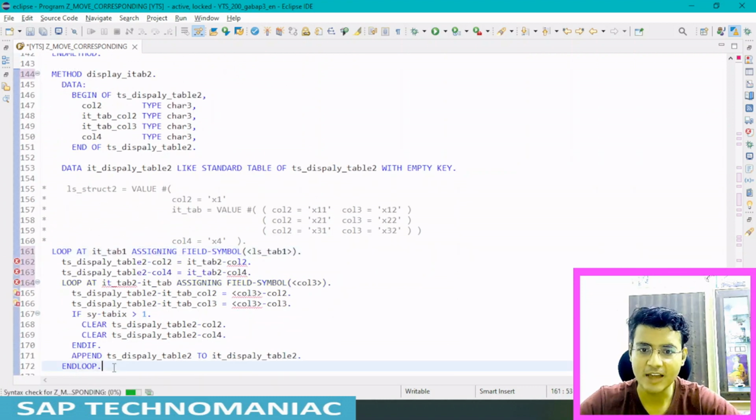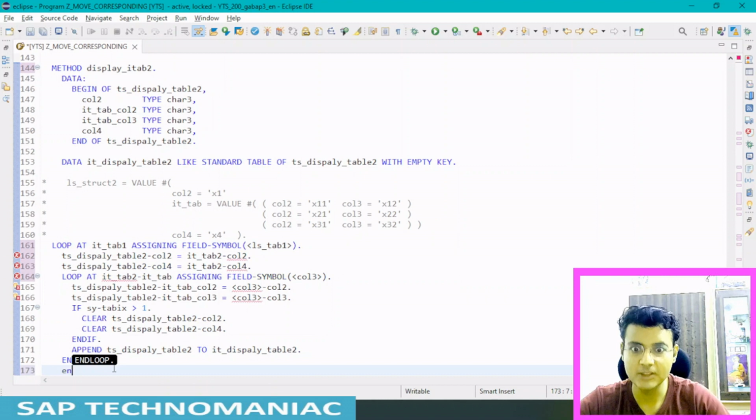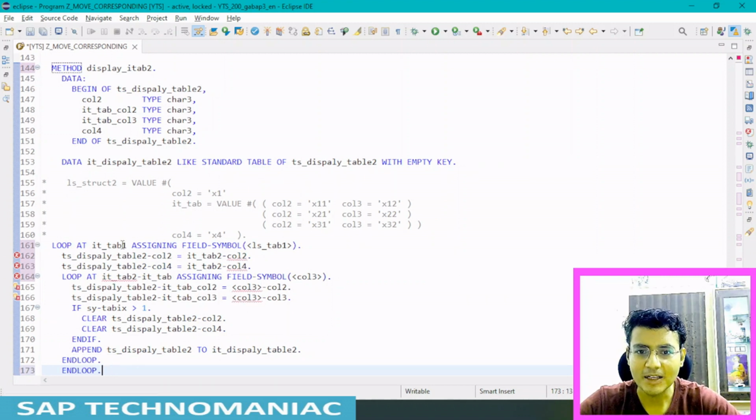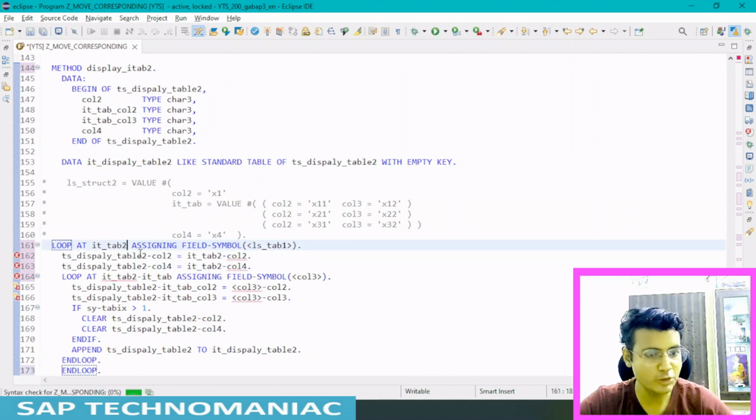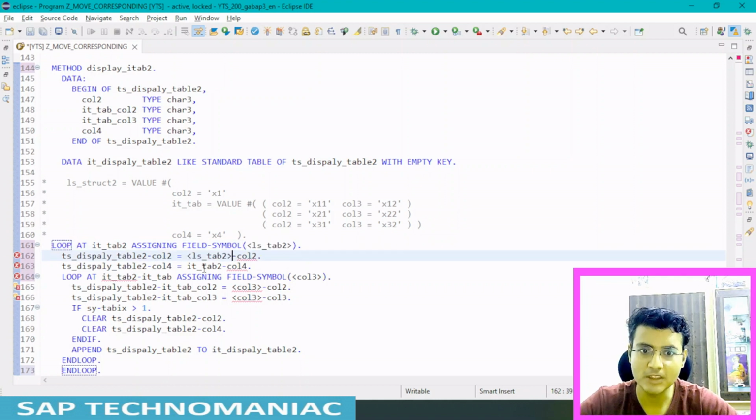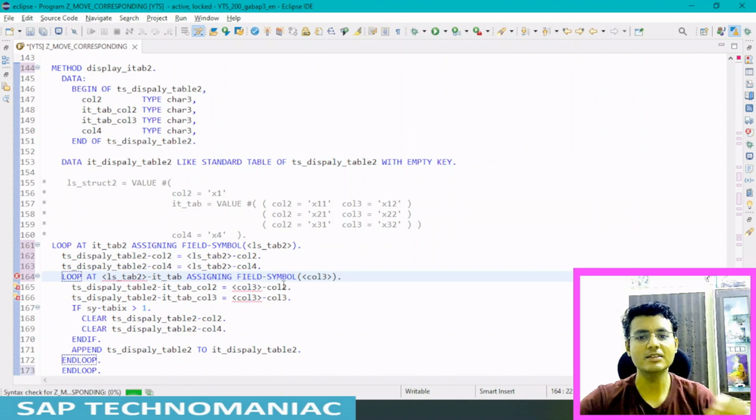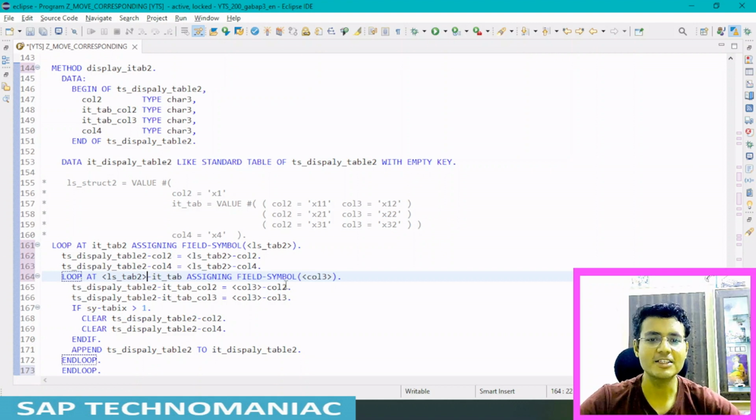Control V, and let me do loop, but this time we have IT_TAB_2 and structure. This is also 2. Control C, Control V, and Control V. So the difference is now we have an internal table instead of a structure, so we have to loop through that internal table to display. Initially we had the structure directly, that is the reason we were displaying that structure.